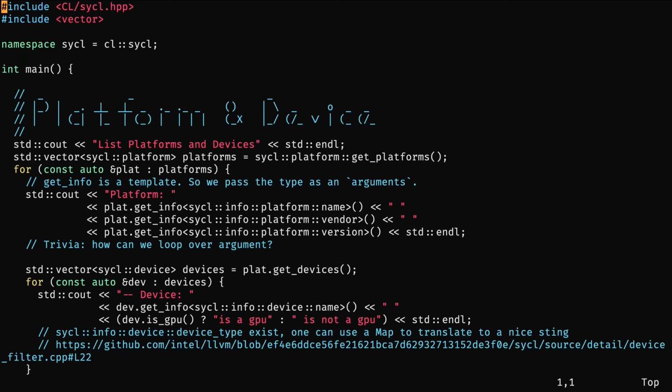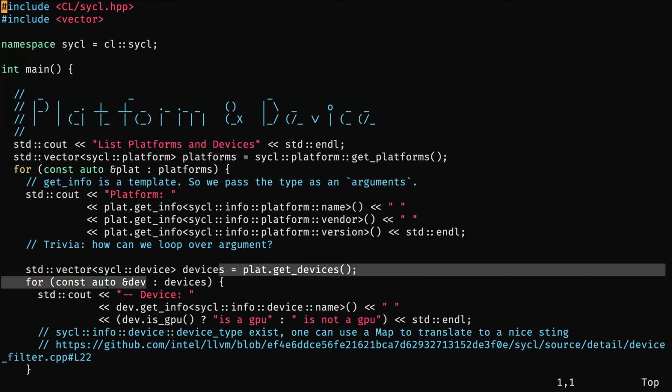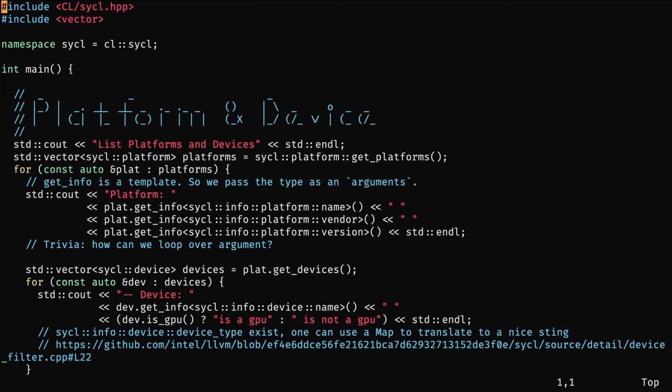So you get a platform, and after now for each platform, you can get devices and you get a vector of devices. And after you can use this auto loop, and after you can ask the name and if it is a GPU. Exactly with a little ternary. And so if I run that